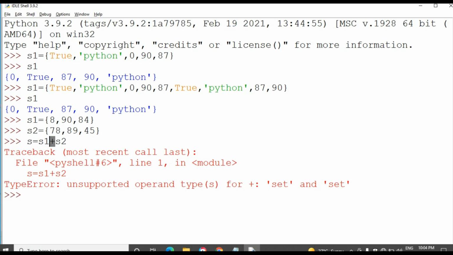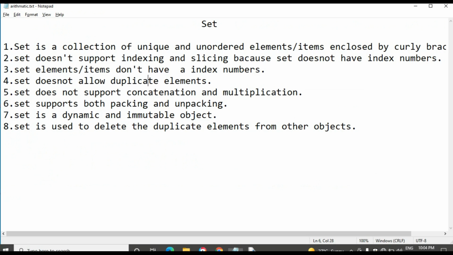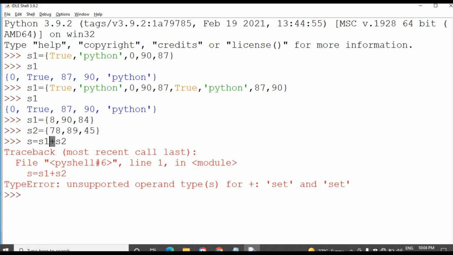It does not support the operator plus, which means it does not support addition or concatenation.